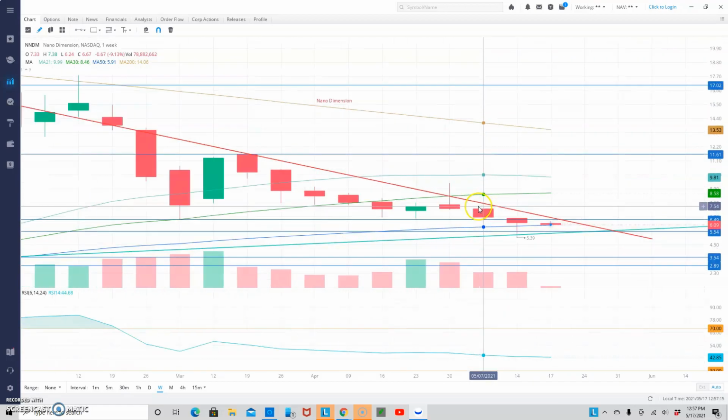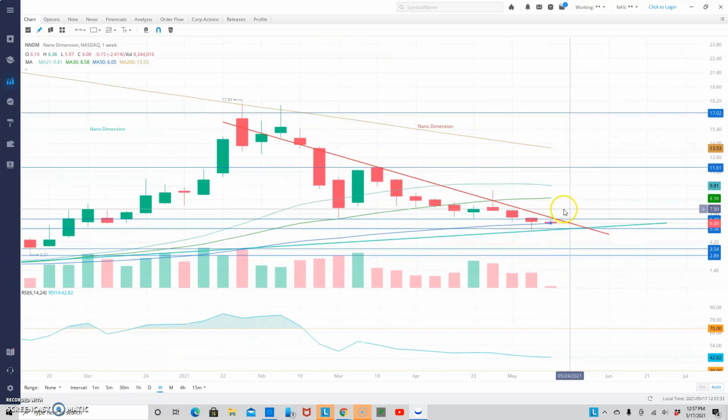And you could see here on the weekly chart, we are currently sitting at our 50-day moving average on the weekly chart. That's exactly where we're trading at right now. So that'll be another thing to watch this week and moving forward, is to see if it could hold this 50-day moving average on the weekly chart,